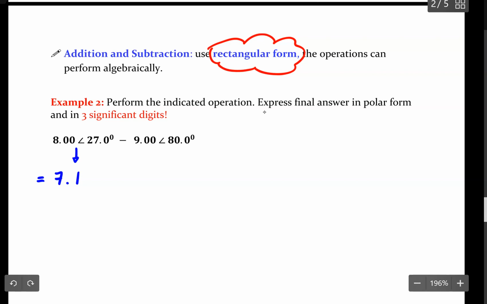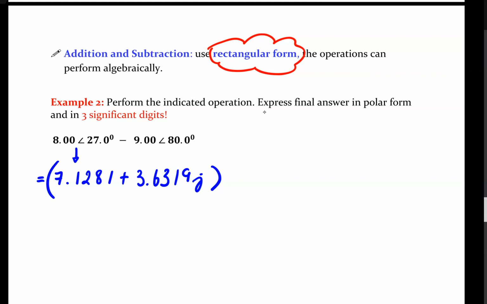Okay, so what I will do is I will write down 4 decimal places that I saw on my calculator, because with 4 decimal places, I can have a more accurate answer at the end, because I have to then convert it into polar form as well. So it's best that we keep 4 decimal places in our calculations. Okay, so when I convert this complex number, 8 as modulus, and 27 degrees, don't forget it is a degree,